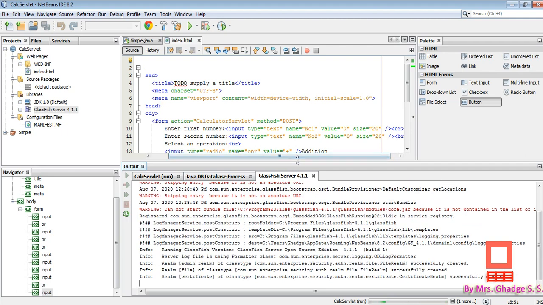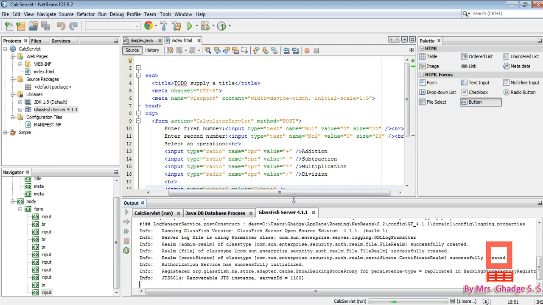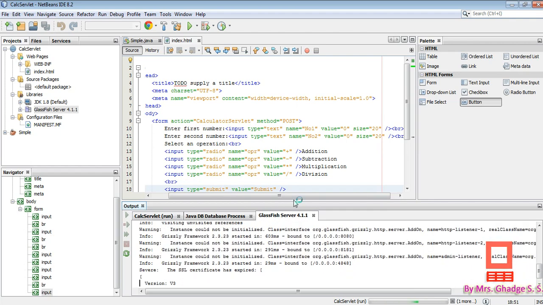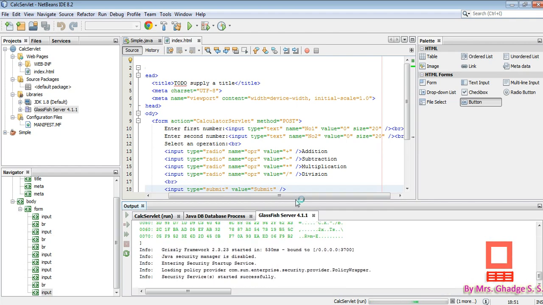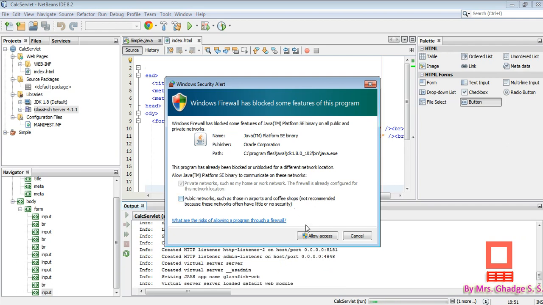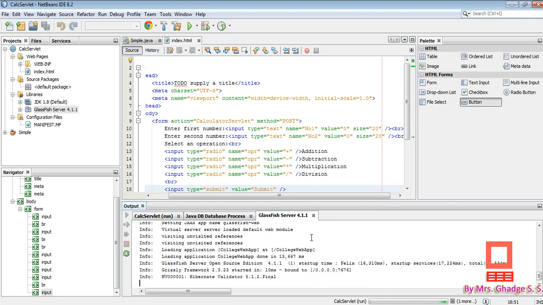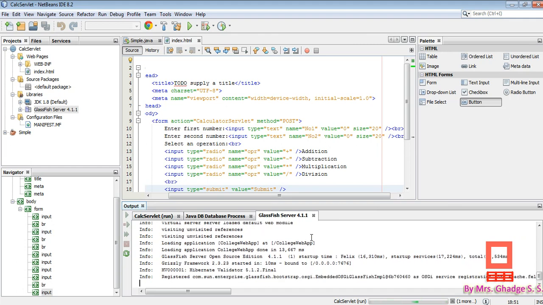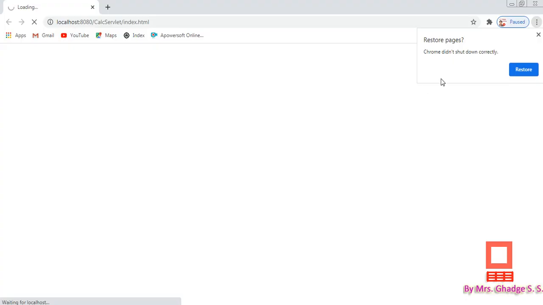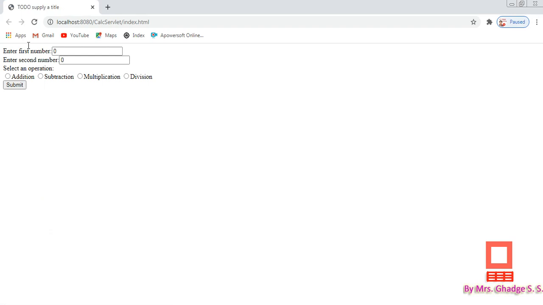Okay, when we are running it first time, then it will take some time, but after that it will not take that much time, because every time the web server is not started, it will start only first time. Okay, so here you can see this web page, first number, second number, and select an operation.